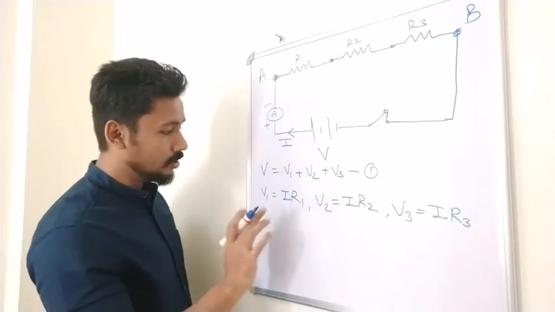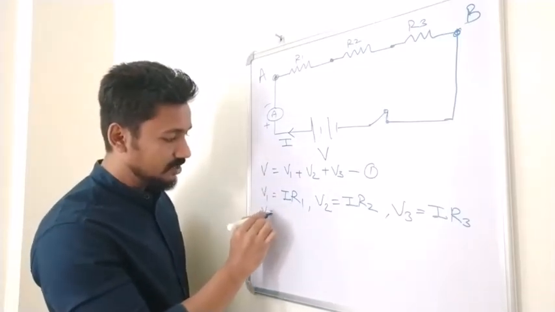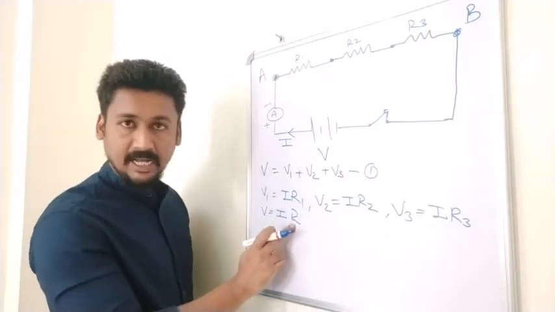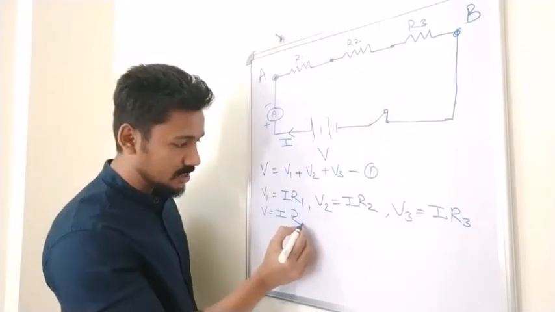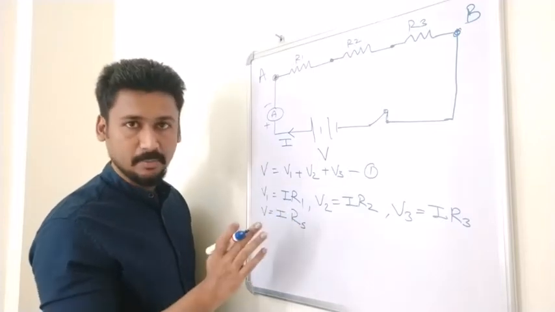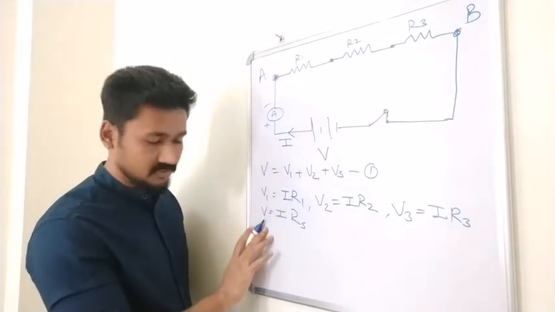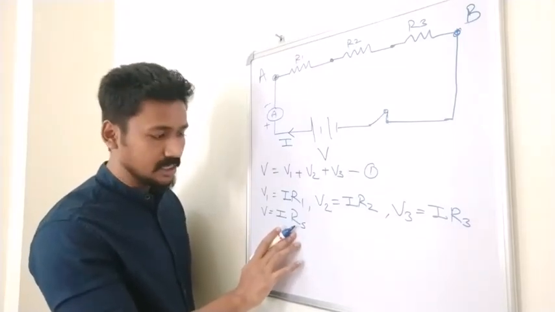Correct? And also we can say the total potential difference V will be equal to I into R. Now what is this R? This R is the total resistance or the effective resistance. Let us call it as RS. I am writing it as RS because it is for the series combination. It is easy to understand. Okay, so total potential difference V will be equal to total current into total resistance,